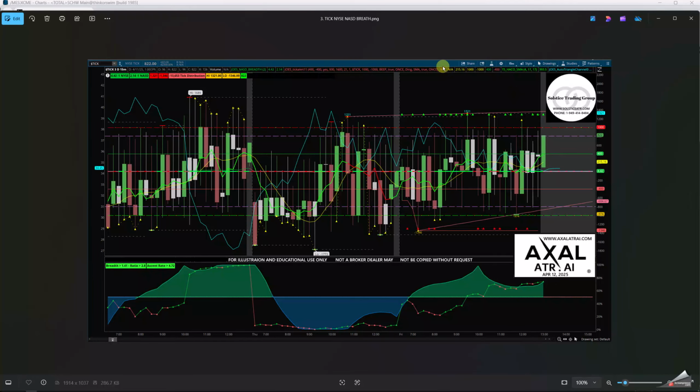What I put here is the $TICK. And I showed the New York Stock Exchange as well as the Nasdaq. The 4-to-1 ratio was increasing on the New York Stock Exchange while the Nasdaq was 2-to-1. The Wednesday rally, you can see it here.